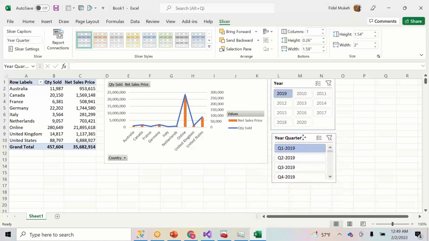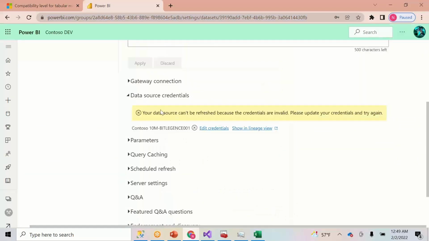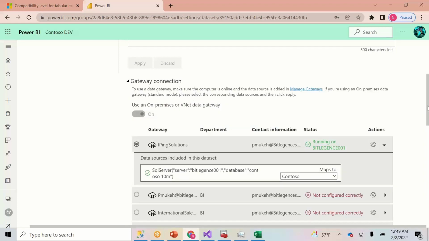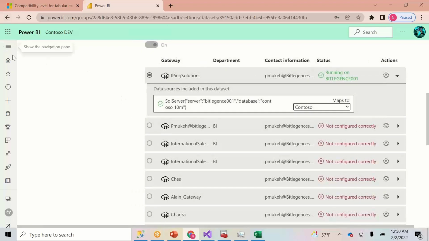Now, guess what I'm trying to do? I'm just killing time to see what happens here. Okay, this is still not going. Gateway credentials. It says it's connected here. Connected to the gateway, but here